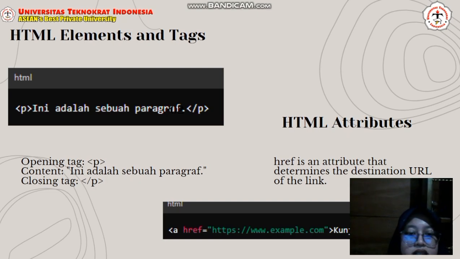HTML elements and text. Opening tag p for paragraph. Konten ini adalah sebuah paragraf. Closing tag backslash p. And an HTML attribute: href is the attribute that determines the destination URL of the link.